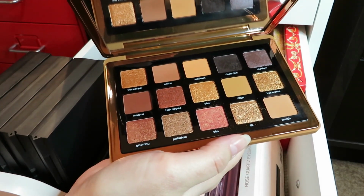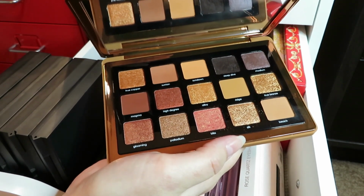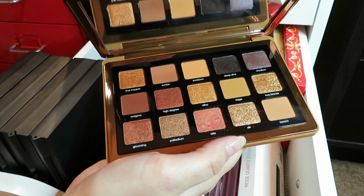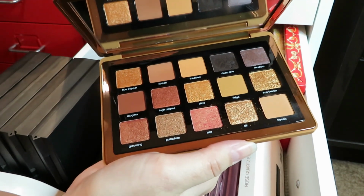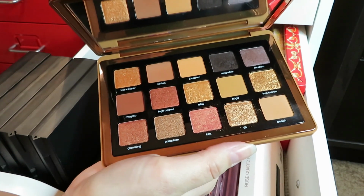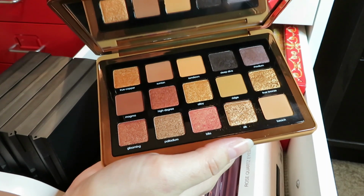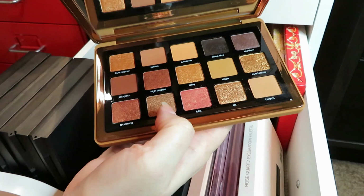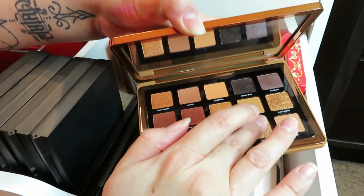It's absolutely stunning. What I like about this one is it's very nice for when you are feeling like very warm, tanned skin in the summer. You want to look like you're going on a vacation or you've been somewhere warm. Like, this just gives me those hot, sexy vibes. I love this so much. I feel like it's one of those eyeshadow palettes that is almost like a staple in your collection because it has all the neutrals that you really need. It's got nice crease shades. It's got a lot of really beautiful lid shades, especially these ones,